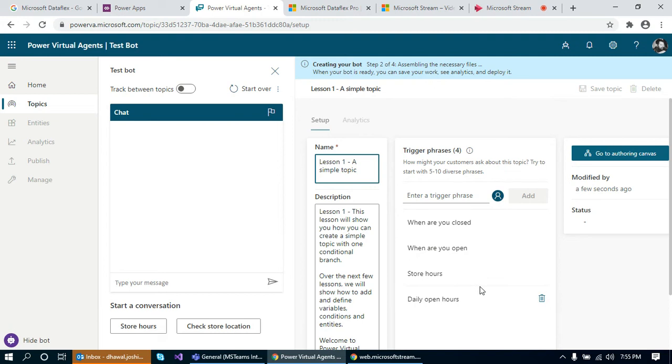Okay, so it can be configured accordingly. Okay, so here I'll just type and I'll click on add.